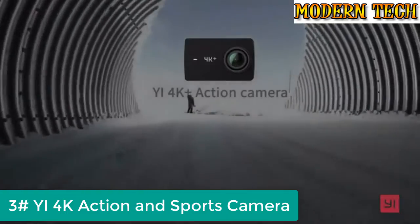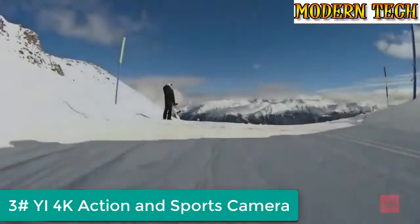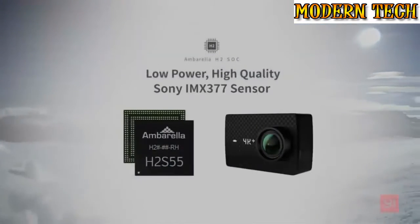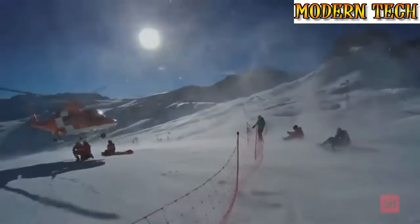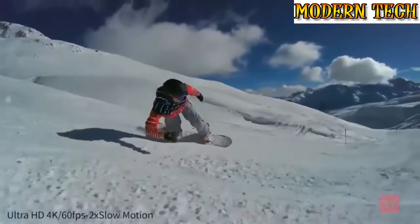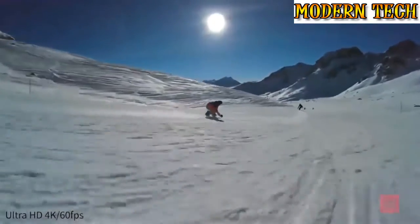Presenting the E4K Plus action camera. They call us the GoPro Killer. The Sony IMX377 image sensor combined with the Ambarella H2 chipset provides excellent image quality. It can capture phenomenal 4K at 60 frames per second, making it the world's first action camera to shoot 4K